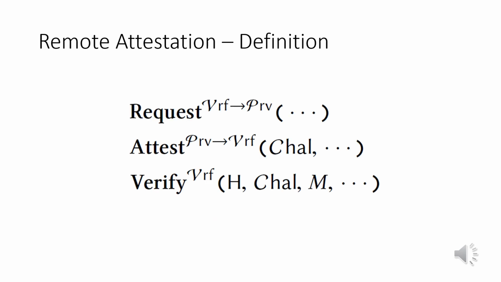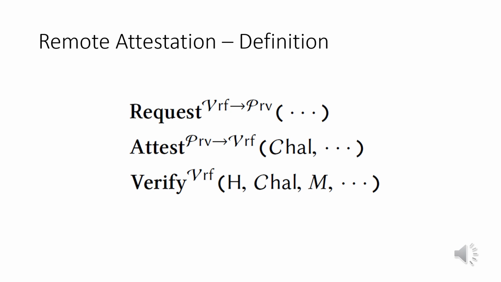We shall now attempt to formalize the challenge response protocol that was mentioned in the previous slide as the syntax which you can now see on the screen. The first function in this syntax is request. This is the algorithm that will be initiated by the verifier to request a portion of the prover's memory's attested range. As part of the request, the verifier will send the challenge to the prover as well.